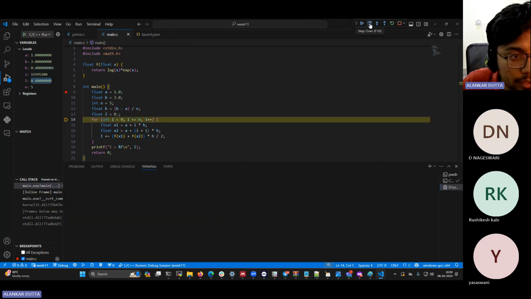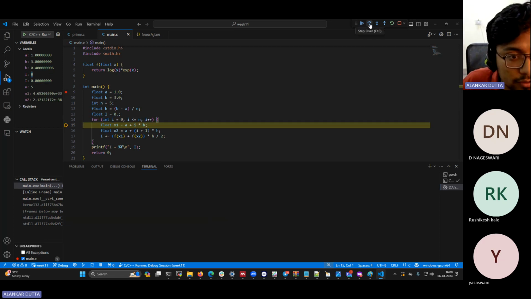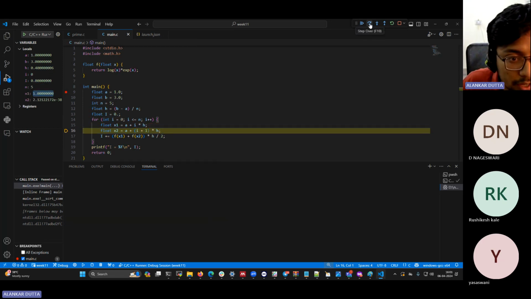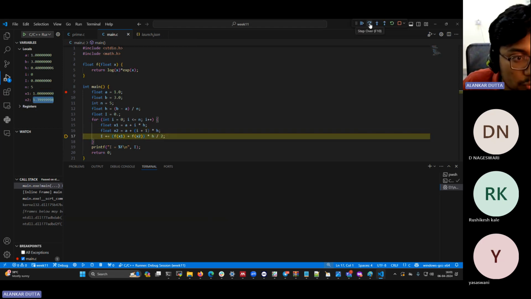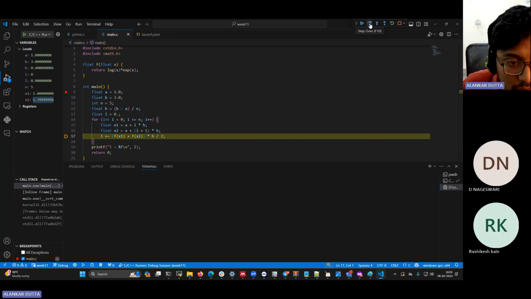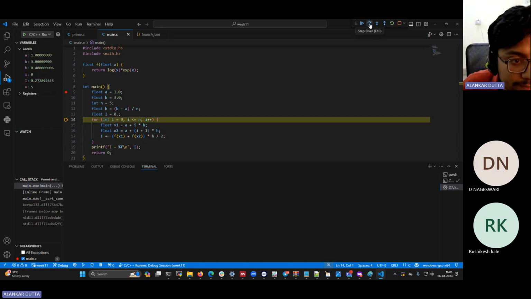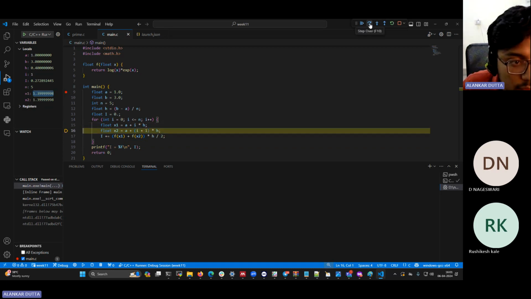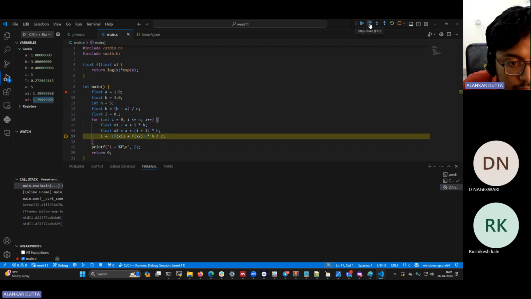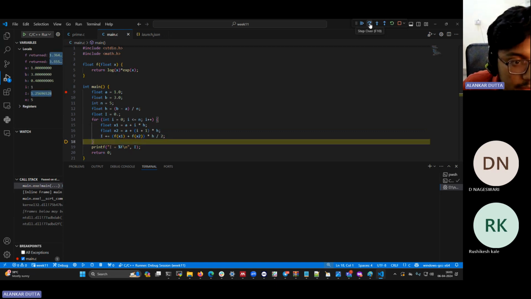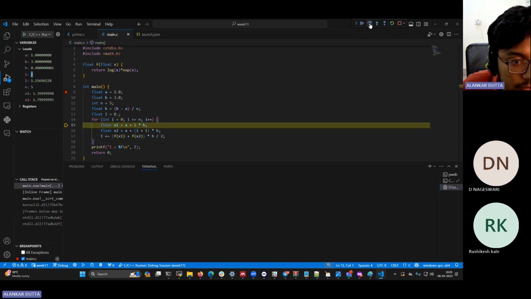And then with this, we are going to the next step, and here i is 0. So x1 is 1, and x2 is then 0.4 added, so it will be 1.4, as you can see in here. And then we do something like h by 2 times f of x1 plus f of x2, and this is then the new value of I. We go back, find out the two values once again, and then add it. So this is the second iteration,